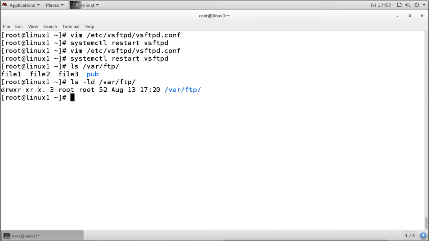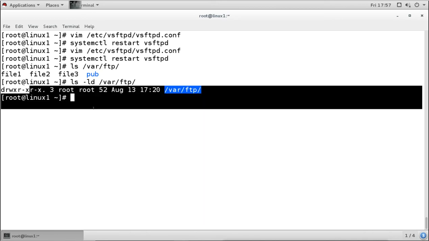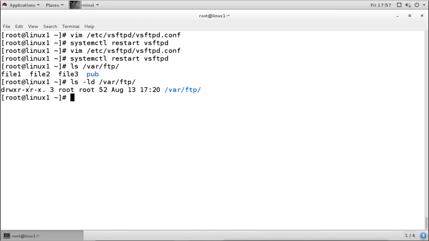the write permission is only for the root user, because the root user is the owner, and all the other users are getting only read permission. That is why we are getting the error could not create file. We have given the permission through the FTP service, but it is not able to create the file because it does not have permission. No one has permission to write on this directory, because others have read only permission.